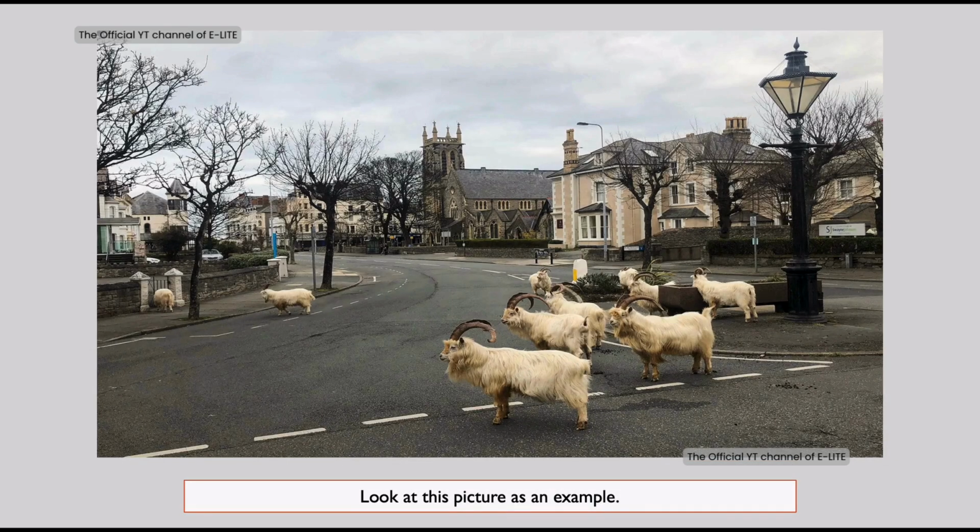Look at this picture as an example. Who is the main focus of this picture? Yes, the mountain goats. This means if you want to explain this picture to someone, the mountain goats will play a crucial role. Next, if we wanted to go into more details about the picture, what other information could we